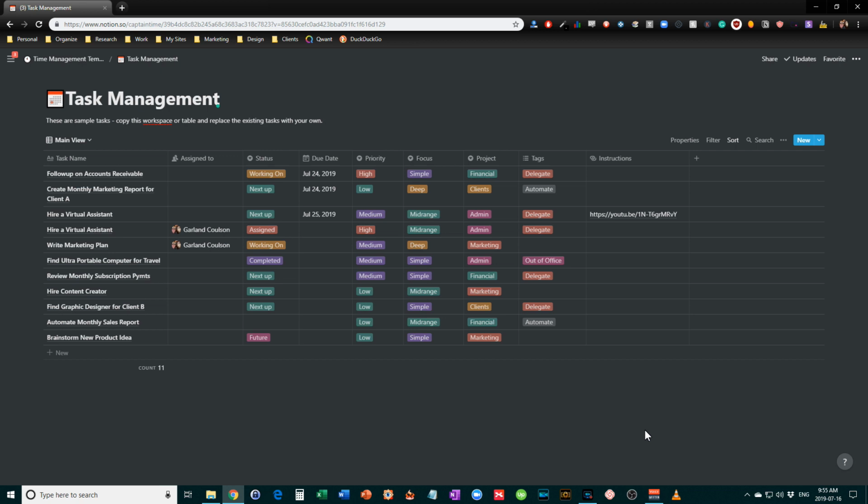And you don't have to use Notion. You can certainly recreate this in other systems as well. I just did it in Notion because it was a very fast way to do it, and I was quite familiar with it. So what I've done here is I really just captured a bunch of tasks in a table